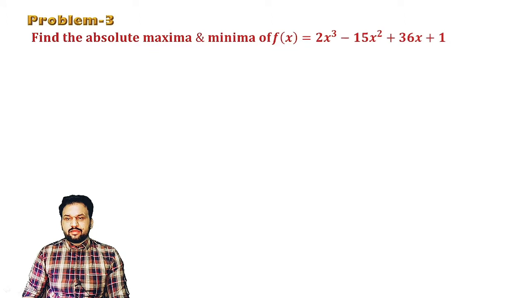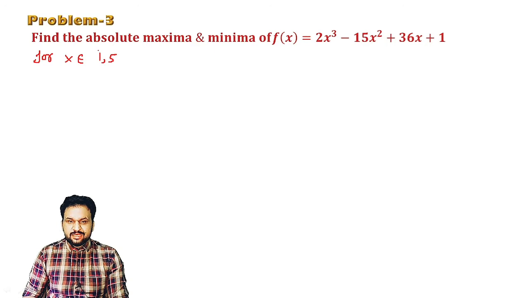Here is problem number 3, my dear friends. In problem number 3, I will again use the second order derivative method in order to find the maximum. But here the word being used is: find the absolute maxima and minima. So if he wants to ask for absolute maxima and minima, he definitely gives you an interval. Like in this question the interval is given to you for x belongs to, because without an interval he would not ask for absolute maxima or minima. So he has given you the closed interval 1 to 5. From this interval you have to calculate the absolute maxima and minima. Let's see.